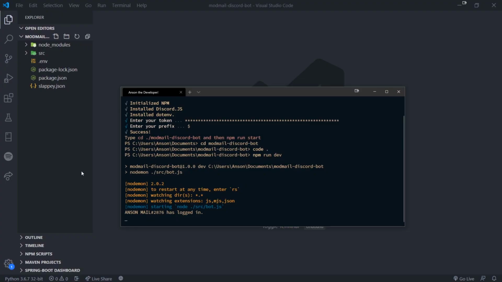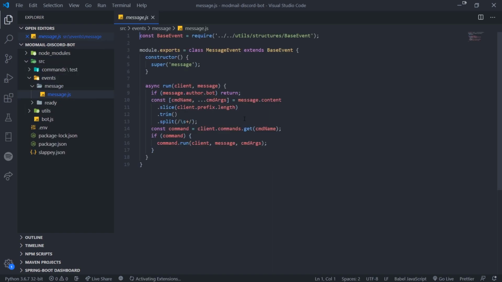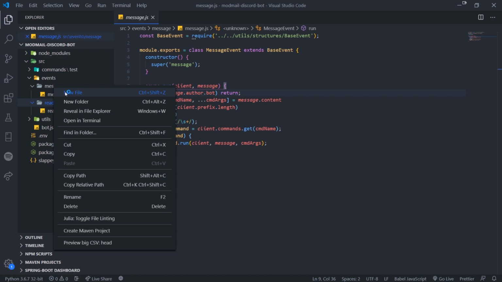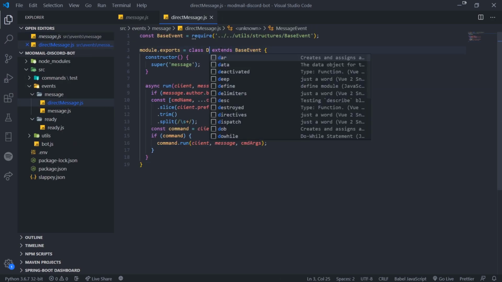But we're not going to be using any commands at all. The structure of the Slappy project is the same structure as the multi-guild Discord bot. So if you're following that series, then you can just easily integrate this. It's very simple. What we're going to do is go inside message.js, and I'm actually going to create a new event called directMessage.js. And we're going to copy and paste the structure,